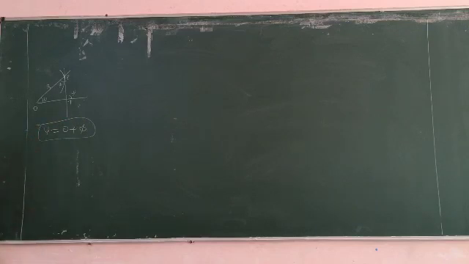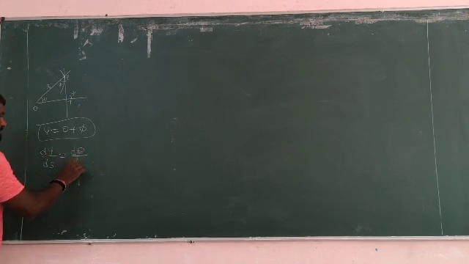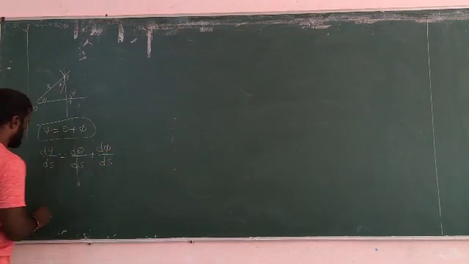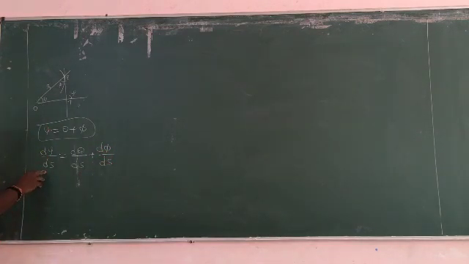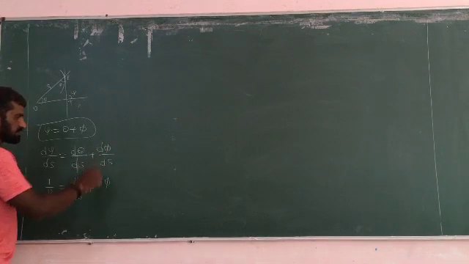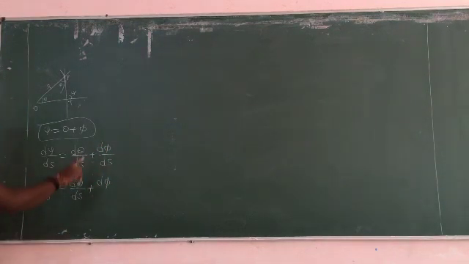Same proof. Differentiate xi with respect to s on both sides, d xi by ds. So d theta by ds plus d psi by ds. So d xi by ds is the radius of curvature, meaning it is 1 by rho. So d theta by ds, keep as it is, plus d psi by ds.